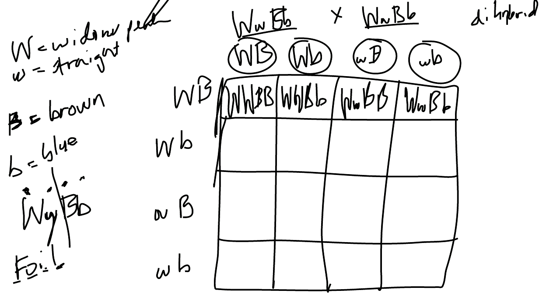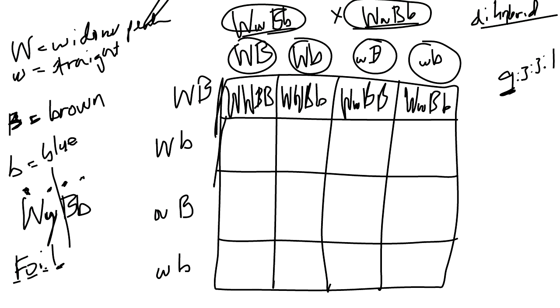And what you're going to realize is at the end, a dihybrid cross, so only in the case when you're crossing two dihybrids, you will always get a phenotypic ratio of 9 to 3 to 3 to 1. So out of those 16 boxes, 9 of them will have the dominant phenotype for both. So in other words, in this example, they'll have a widow's peak and brown eyes. 3 of them will have a widow's peak and blue eyes.